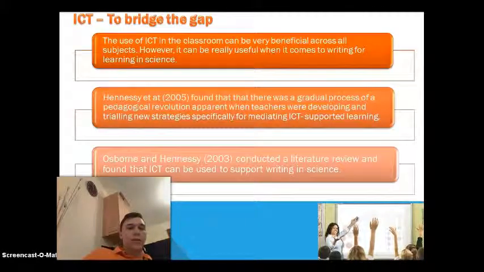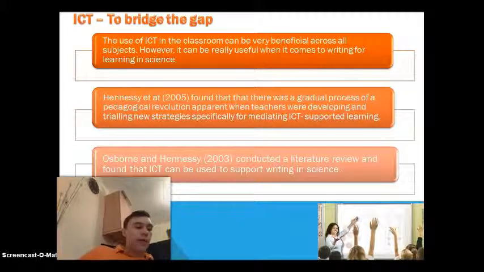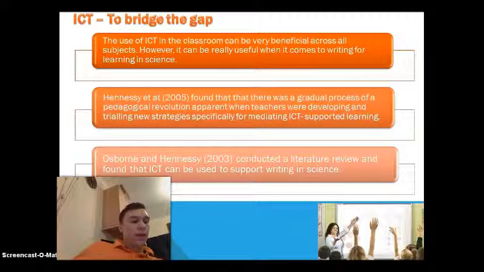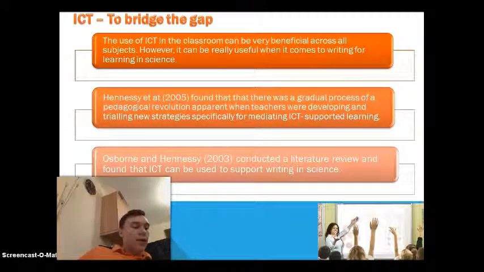The use of ICT in the classroom can be very beneficial across all subjects. However, it can be particularly useful when it comes to writing for learning in science. Tennessee, 2005, found that there was a gradual process of a pedagogical revolution apparent when teachers were developing and trialing new strategies specifically for mediating ICT-supported learning. In particular, these overcame the potentially obstructive role of some forms of ICT while focusing the pupil's attention on the underlying learning objectives. Tennessee did point out the reluctance to use ICT was more evident in English and science, perhaps because teachers in these subjects lacked the support